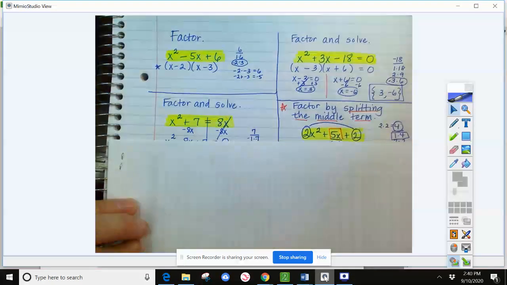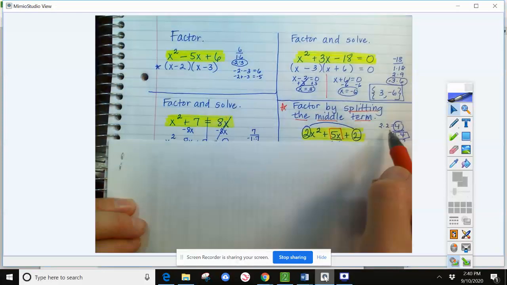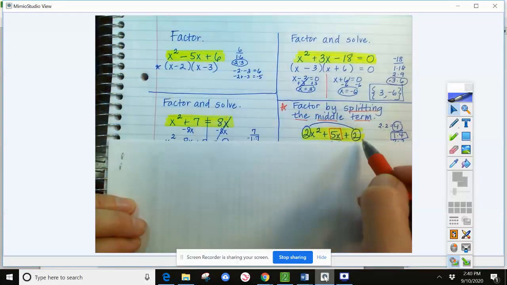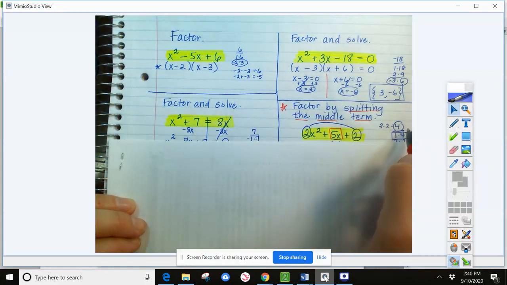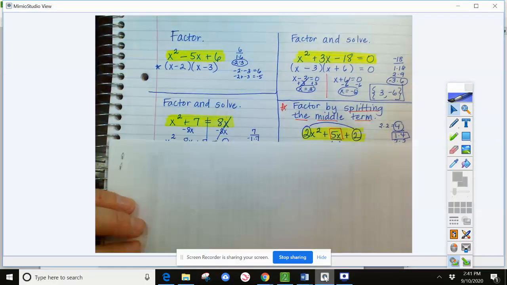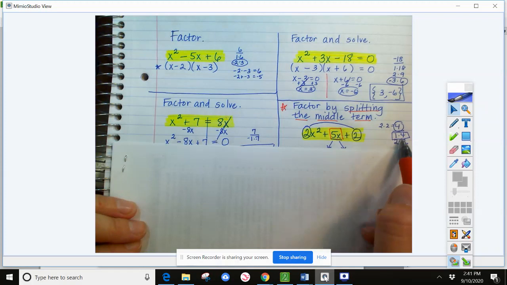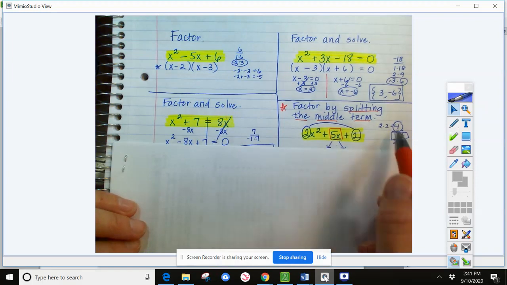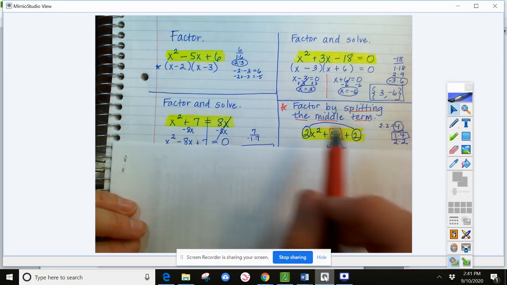How you start one of these questions is you multiply this coefficient on x squared by this constant at the end, which is 2. 2 times 2 is 4. And then you think about the factors of that. So that would be 1 and 4, 2 and 2. Now I've already boxed in 1 and 4 because 1 times 4 is 4 and 1 plus 4 is my middle term. So you're using the same kind of thinking in that area as you are on these others,